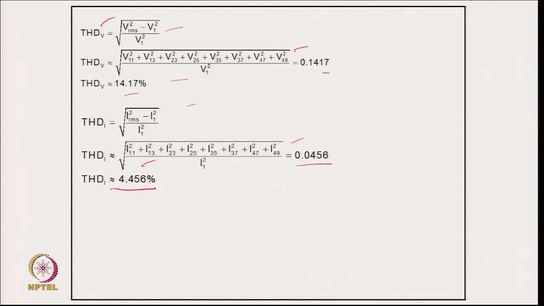0.0456. So, even for this 12 pulse converter in a voltage source converter, you are able to get current TAD of only the order of 4.456, which is well accepted by many standards. So, it means you can operate the converter in fundamental switching frequency mode and get the TAD less than 5% for a 12 pulse converter, and utilization of the converter is full, because you might operate the devices in 180-degree mode